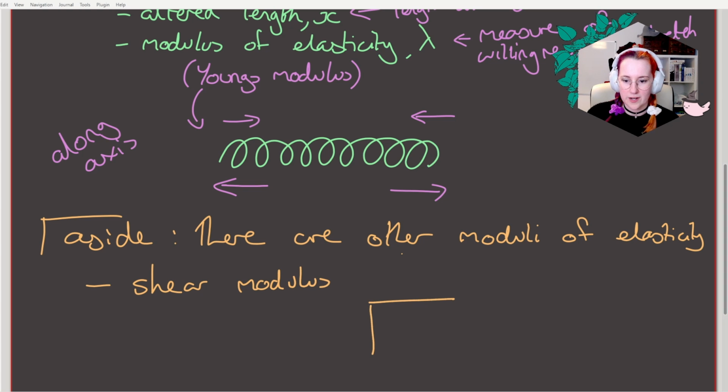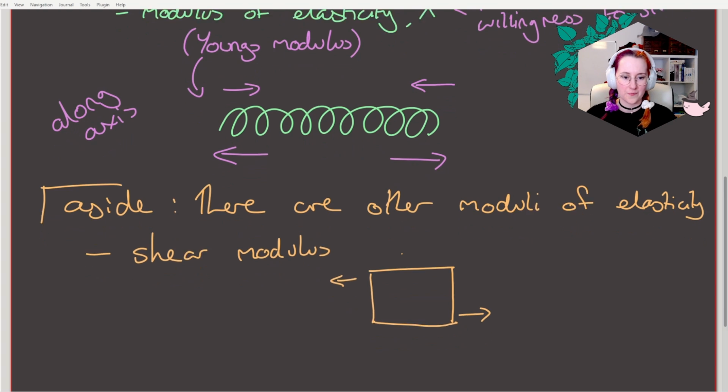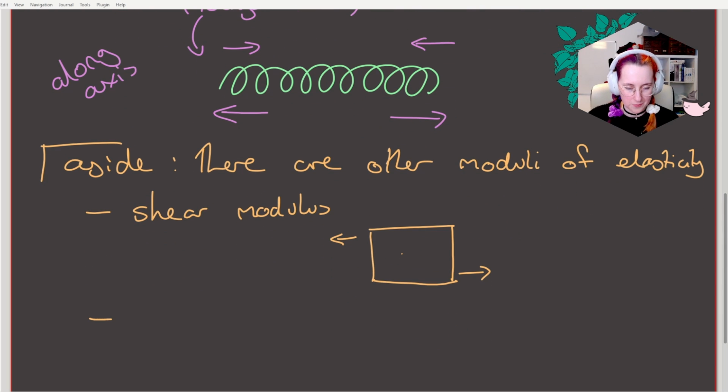So shearing is when, if I apply a force this way and that way, it's the ability of something to get pulled in two different directions and not align with itself. And then you also have something called the bulk modulus,